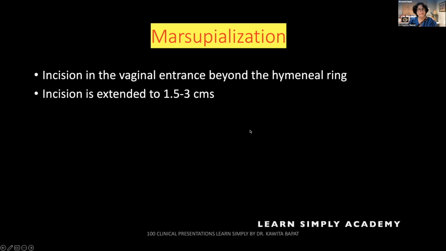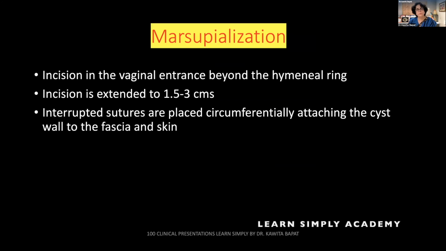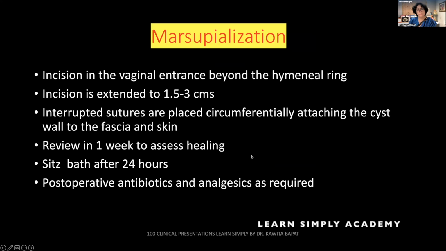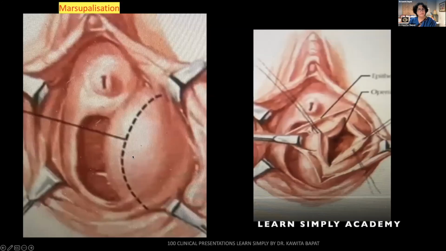Now, marsupialization is the best treatment, with an incision at the vaginal entrance beyond the hymenal ring. The incision is extended up to 1.5 to 3 cm. Interrupted sutures are placed circumferentially, attaching the cyst wall to the fascia and the skin. Review in 1 week to assess the healing. Sitz baths after 24 hours. Postoperative antibiotics and analgesics are given as required. So just give the incision, drain it out, and marsupialization is just opening it,